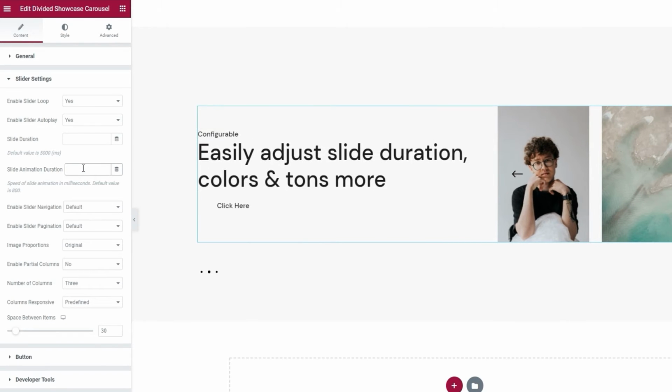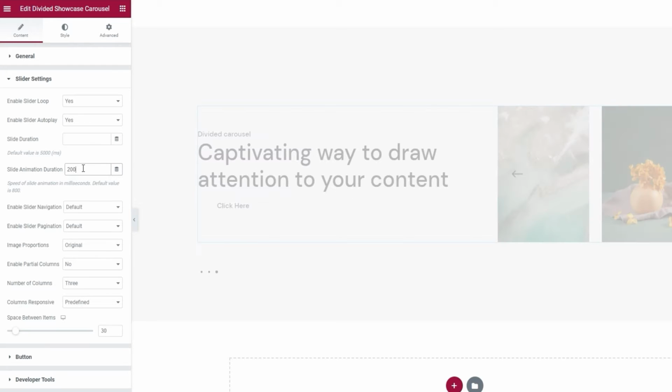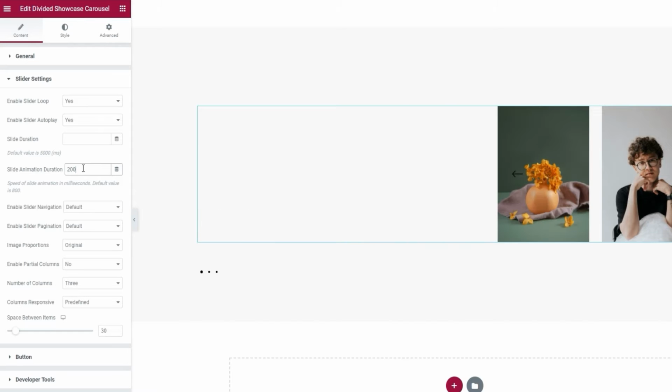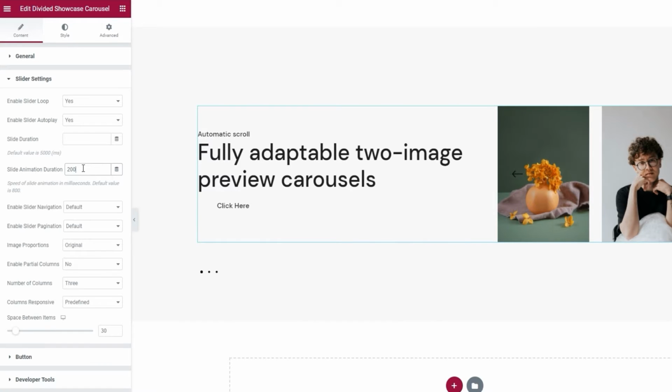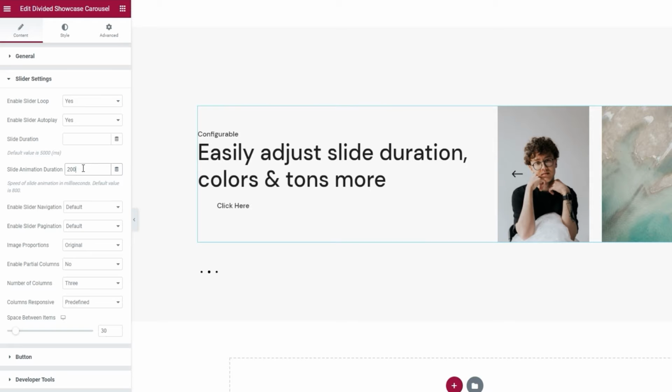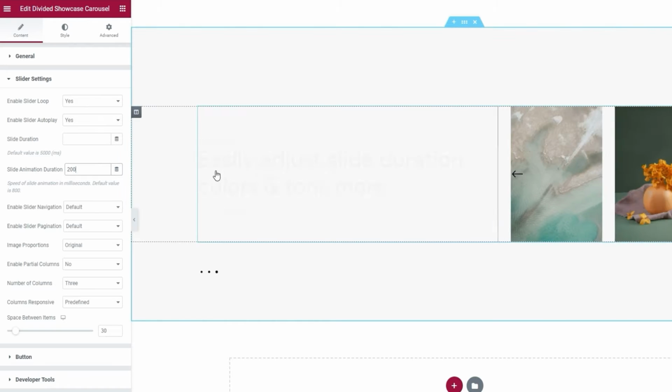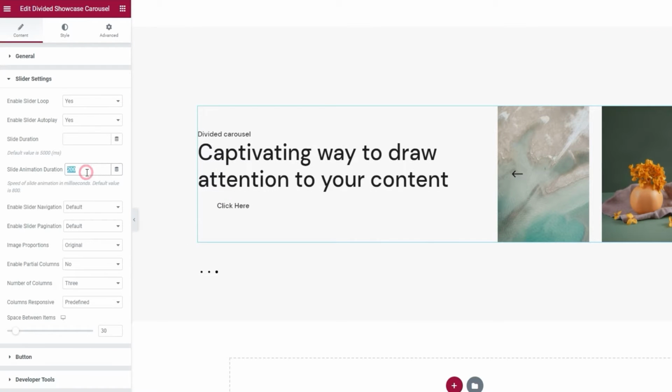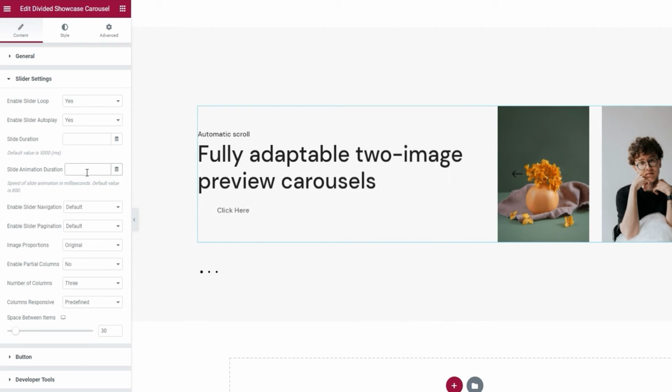This represents the amount of time that the animated effect, which helps one slide transition into another, lasts. If I set 200 to replace the default 800 milliseconds, you can see how it looks. The switch from one slide to another is much quicker. You can slow this down by adding a bigger value, but I'll simply clear this to get the default setting